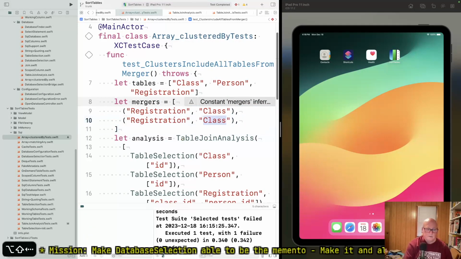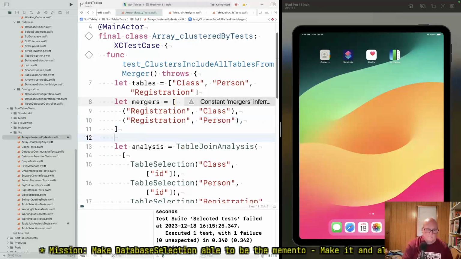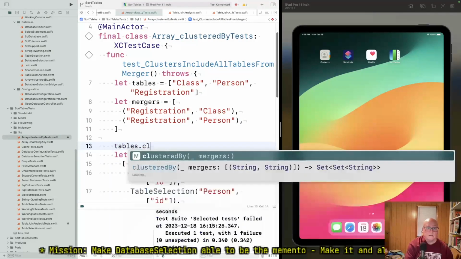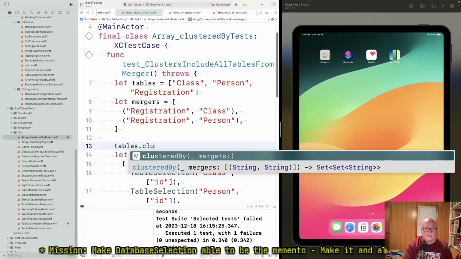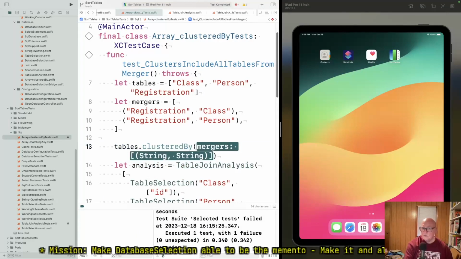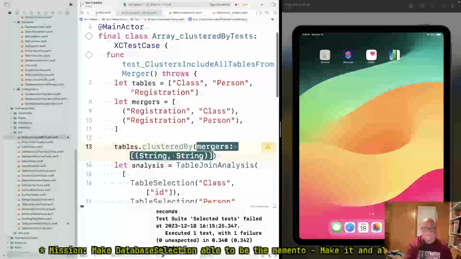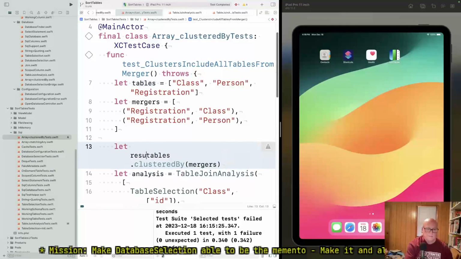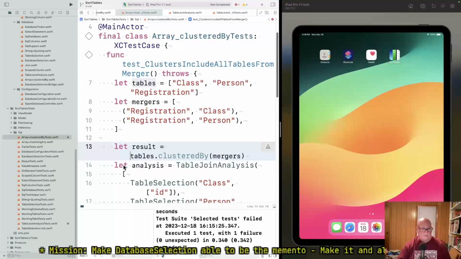And with person. Okay, and so if we say tables.clusteredBy mergers is mergers, we'll capture that result,